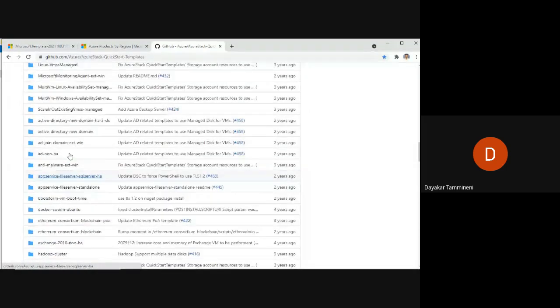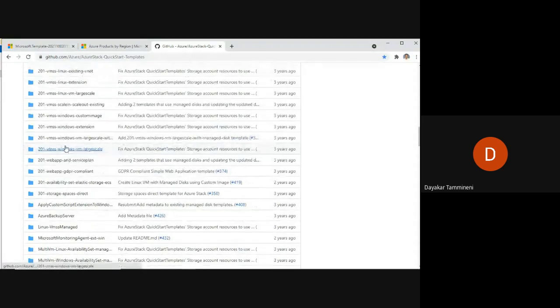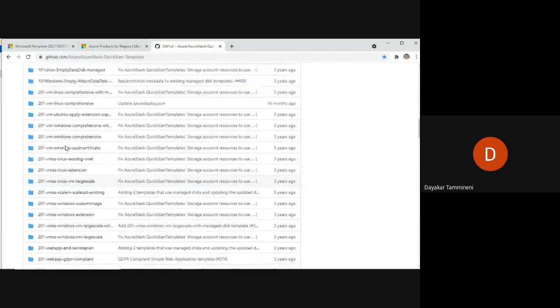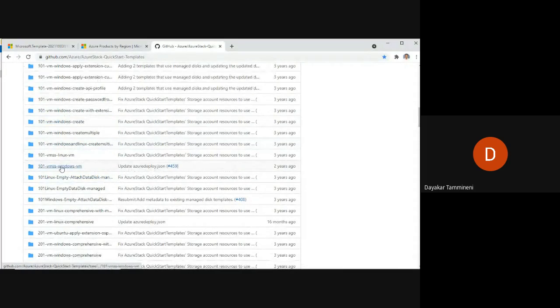Here you can see a huge number of templates are available. For example, let me click on a particular template, VMSS Windows VM. Just click on that.